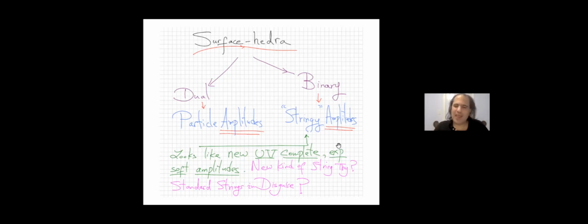But it really appears like even at finite alpha prime and even at loop level, and I'll talk about what happens at one loop, that these amplitudes, while they don't look on the face of it at all similar to the much more complicated expressions for string amplitudes at one loop, they really look really stringy. And they certainly look like some new UV complete kind of exponentially soft at high energies in the physical region. All the stuff that we get excited about with string theory seems to be a feature of these stringy amplitudes as well. So it's clearly somehow connected to string theory, although we don't know how exactly.